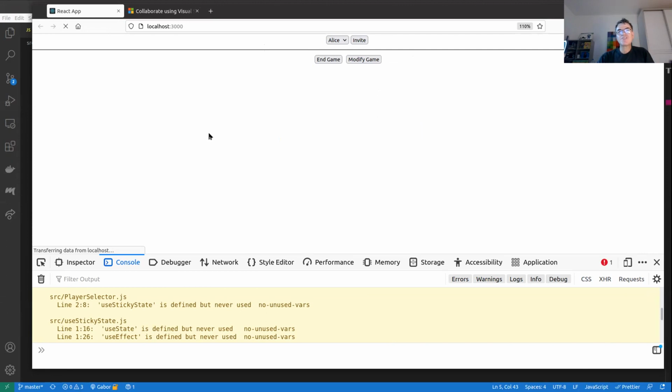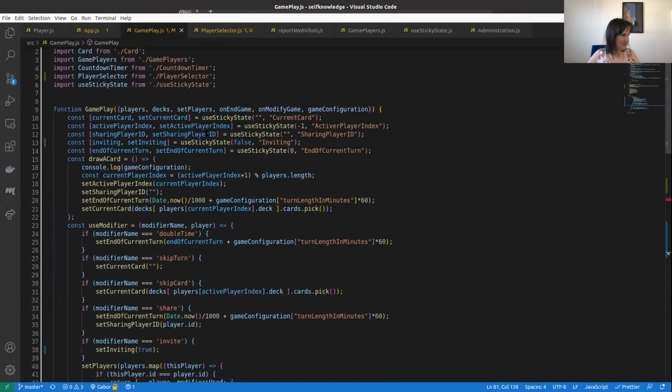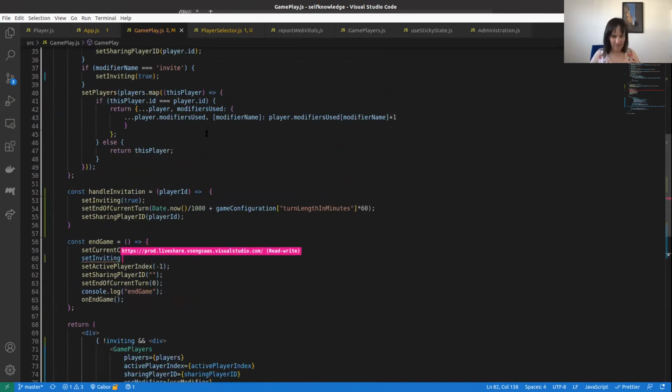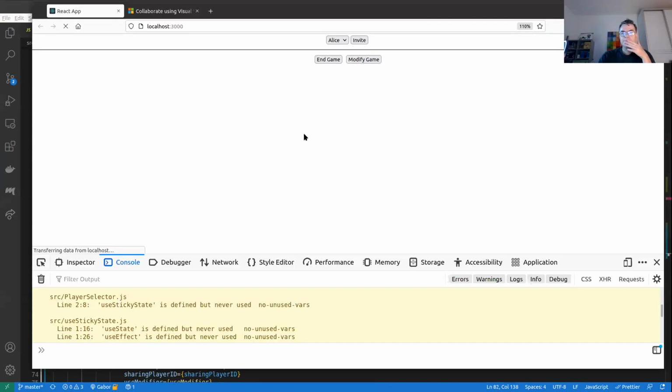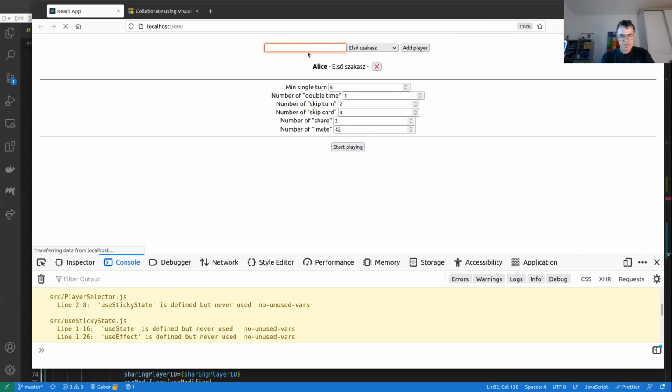Is that the bug, or is that just because of the caching? Yep. Because in gameplay, we have the end game. And since we created a new state, we actually have to reset that as well. Okay, so let me try to do this. So if I end the game, and now I can start with Alice and Bob,